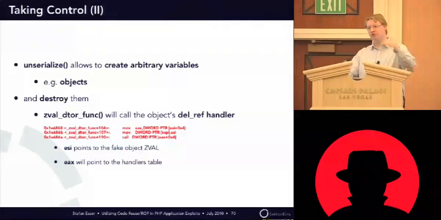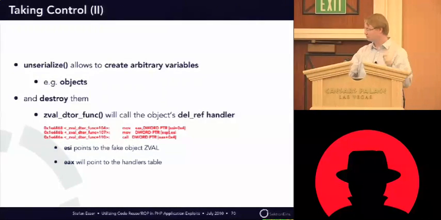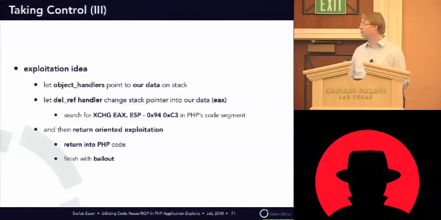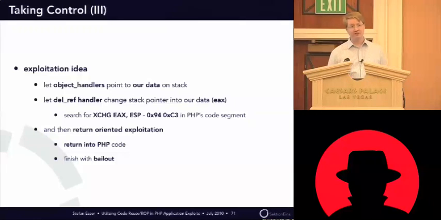Actually pointing to your fake object, and the EAX register is pointing to the handler table. So this is the table in stack that you control. So the idea of the exploit is very simple. You have an object handler table, which is actually your data on the stack, and the second entry is your